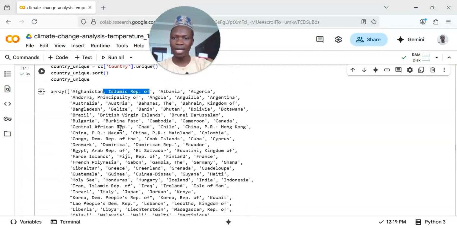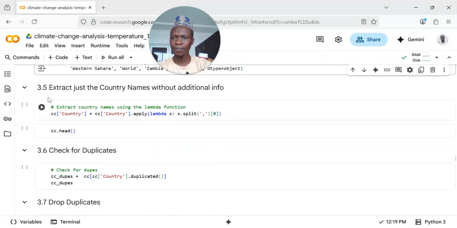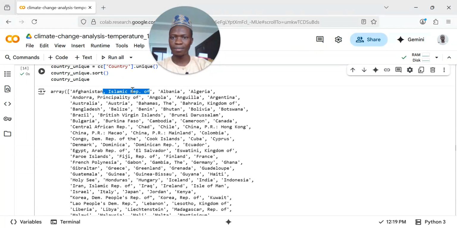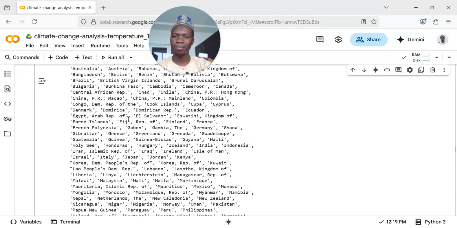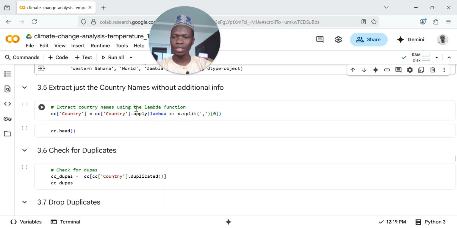And that is what we have across most of the names here. So the next operation will be to extract just the country names without this additional info that we have mentioned. For example, with this Islamic Republic of Iran. So what to do here is to introduce the lambda function that will split